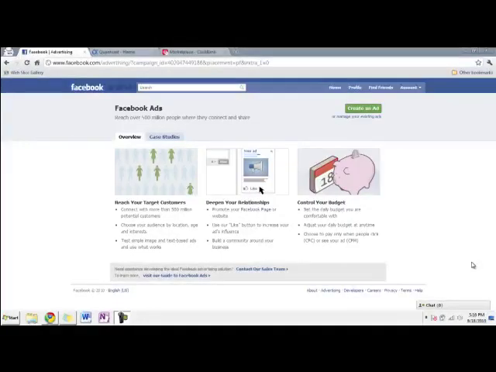Before you can run an effective ad campaign, you need to know who you're targeting. So in this tutorial, I will show you how to do your market research so you can find out who exactly to campaign. Now let's say you're trying to promote a product using Facebook ads, and that product is one